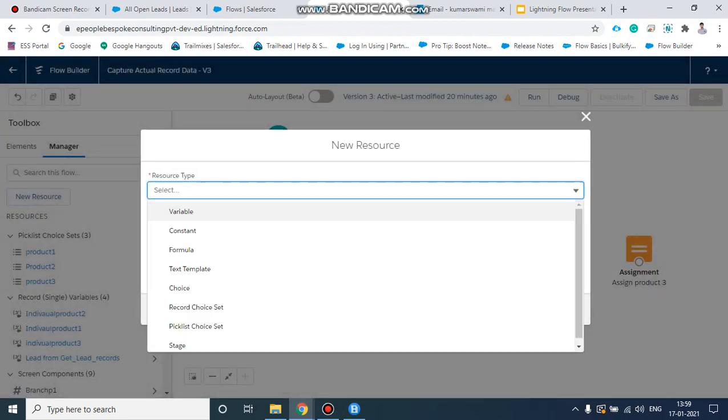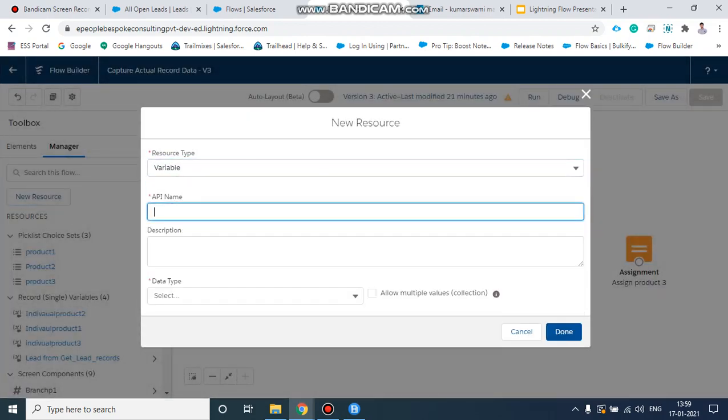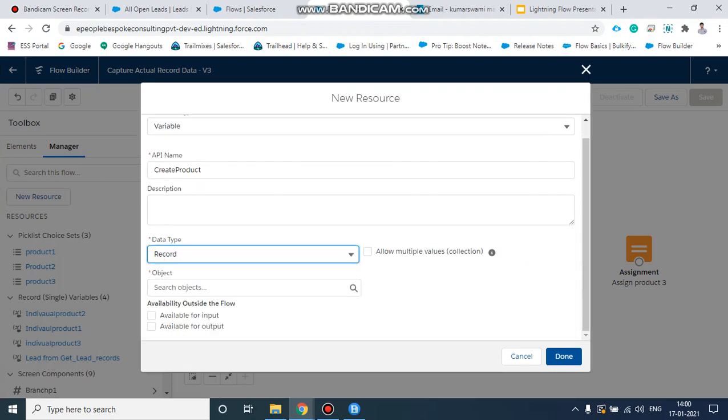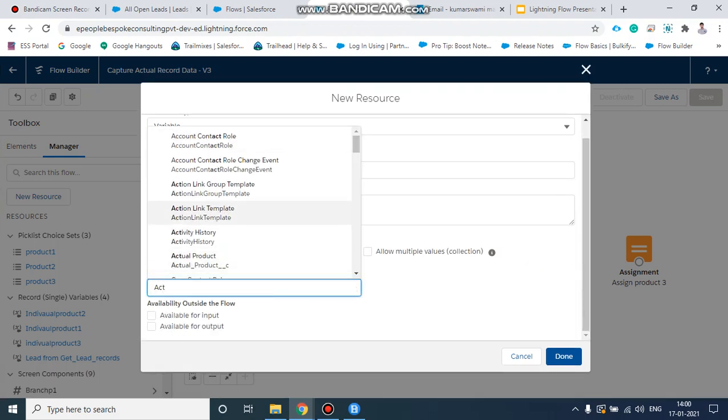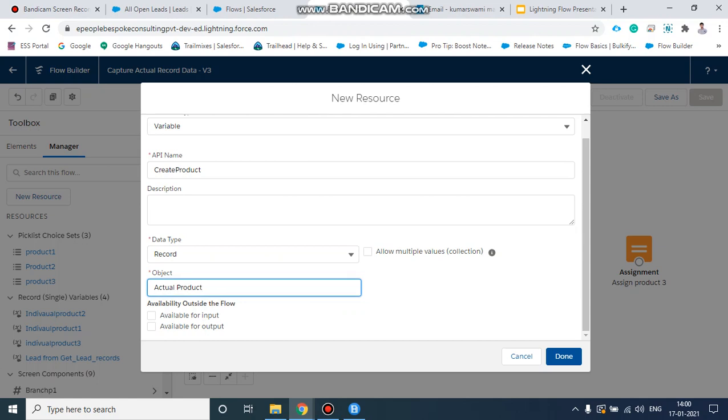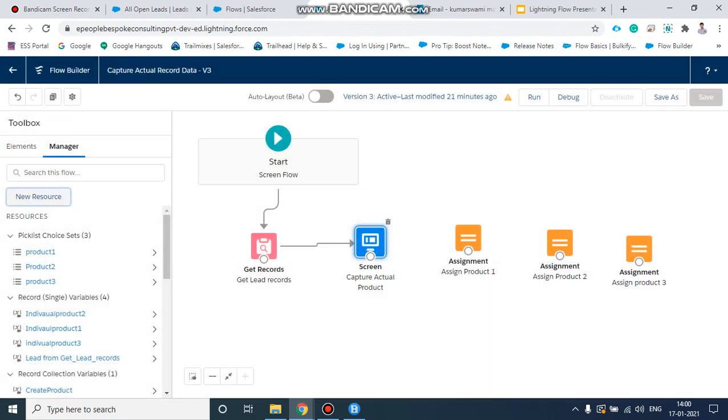For that we need to create one more variable, like create product, with the data type same as record and the object being actual product. Here you can see allow multiple values for the collection; we need to enable this, and it will hold the multiple record variables. Then click on done.